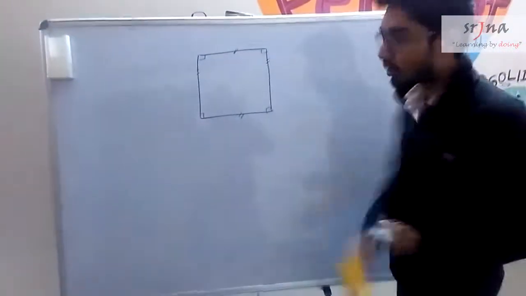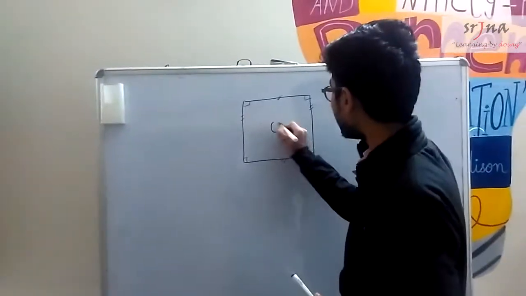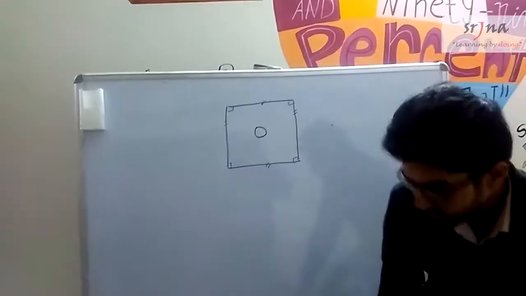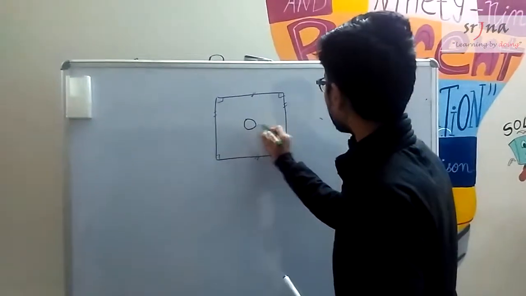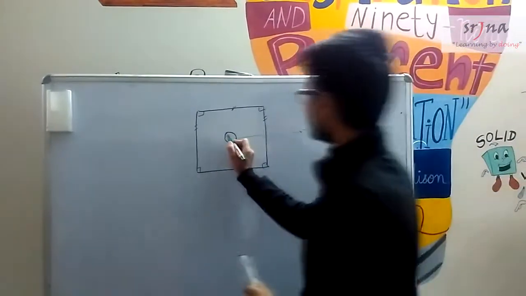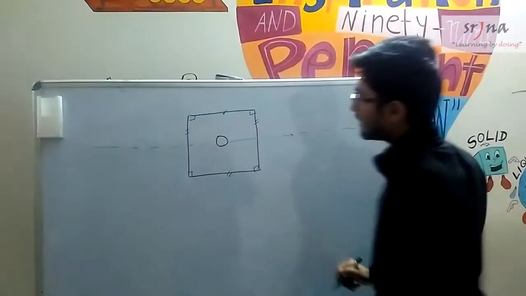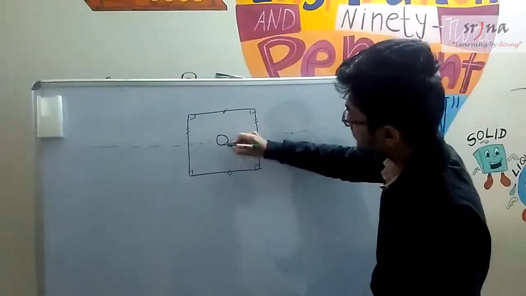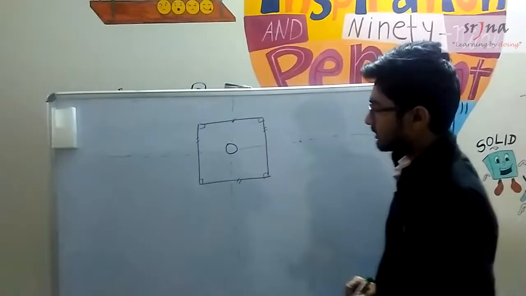So let's come back to our theory and see how many ray diagrams can possibly be made. Here was our object. Initially, as we have seen in our classes, one will be this infinite line of images and one will be this infinite line of images, right? Two plane mirrors. The same is going to happen for this pair as well. One infinite line of images and one infinite line of images.